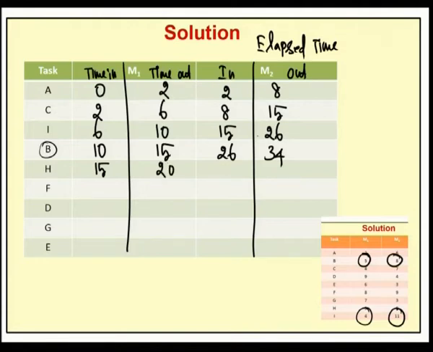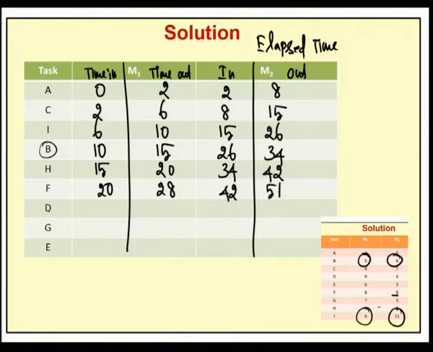Now the end time for machine 2 is 34, corresponding process time is 8. Therefore by adding we will get 42. Now the next task to be performed is F. For F under machine 1 the starting time is 20. So for F the process time is 8. So 20 plus 8, 28. And for machine 2 for task F, 42 and the processing time is 9. So 42 plus 9, 51.